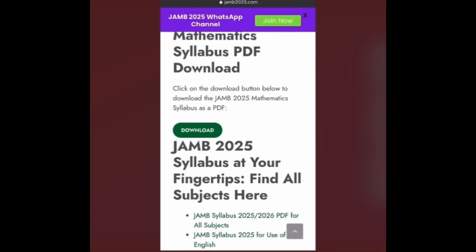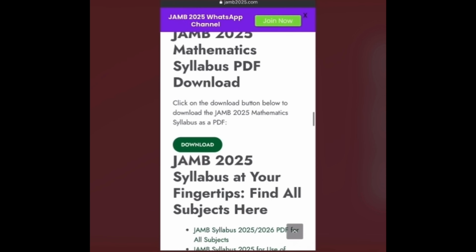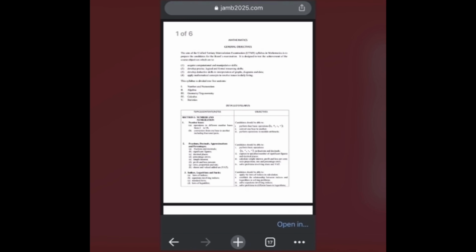Yes, this is what you're looking for. Jamb 2025 mathematics syllabus PDF download. Now once you see this green download button, you click on it, and it's going to open a fresh page for you showing the Jamb syllabus for mathematics in the PDF format. Now, if you're using Google Chrome, you're going to see opening. The moment you click on that download and it opens up this fresh page, you see opening. So once I click on this opening,